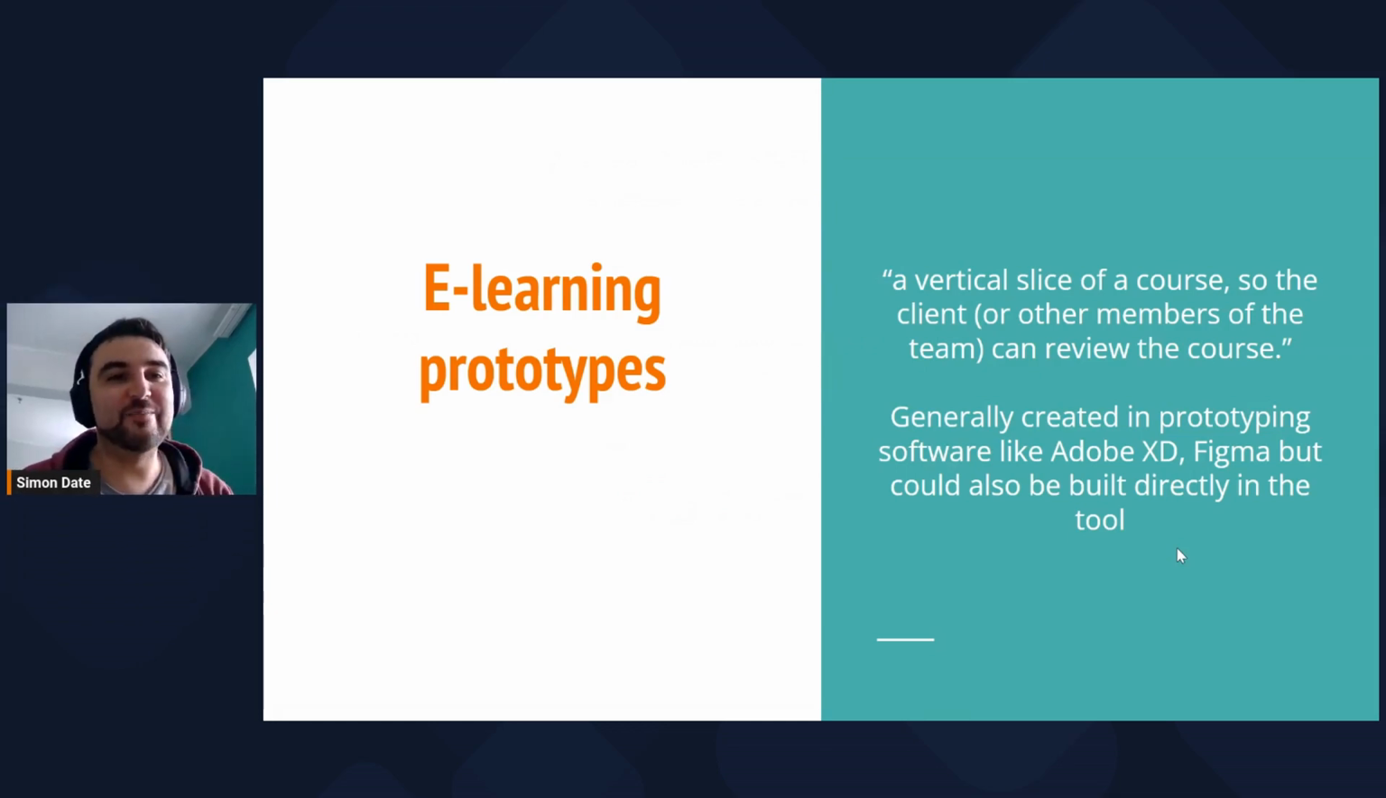Good to know. So yeah, what is an e-learning prototype? It's basically a vertical slice of a course. Sometimes you have lorem ipsum text, sometimes you have real text from the client, but its purpose is to create the look and feel of the course and make sure you have something to sign off both internally and with the client before you start the production of the